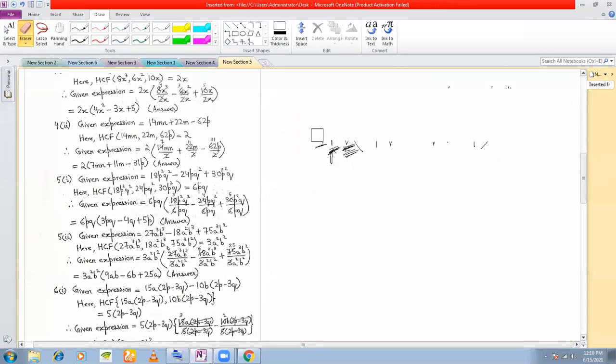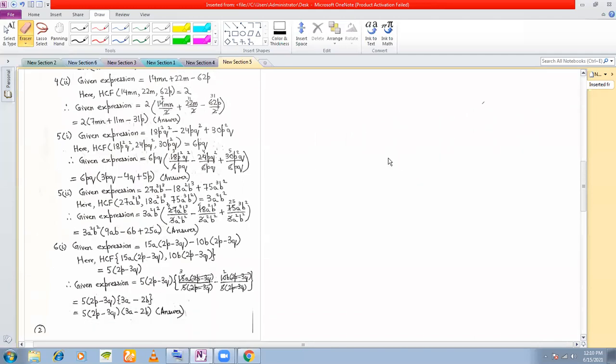Let us proceed with the next one. The next one here is 6-1. Given expression is 15a times 2p minus 3q minus 10b times 2p minus 3q. Okay. Now see, this 2p minus 3q is here and this expression is here also, right? So what you do here is you can take